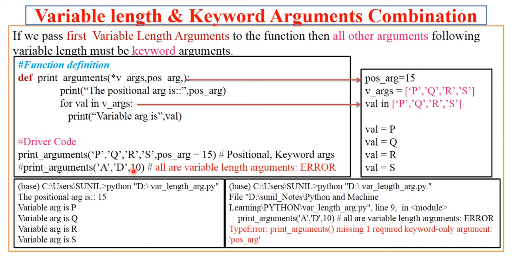Because if I remove this comment and execute the program, all these will be treated as variable length arguments, because the first argument you are specifying in the function definition is the variable length argument, and next is positional. Positional arguments can't be automatically taken as the last argument by Python. Rather, you have to specify it. Hope you understood this. So whenever there is a combination of variable length arguments and positional arguments, those positional arguments should be taken as a keyword argument at the time of passing the actual value to the function call. You have to remember this. Hope so, dear learners, you understand this part.